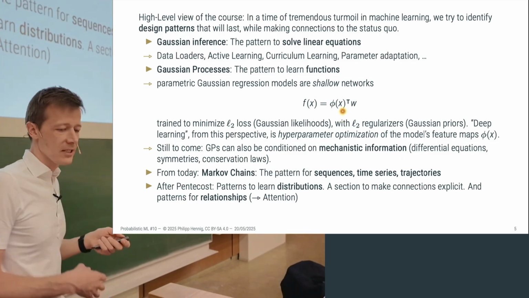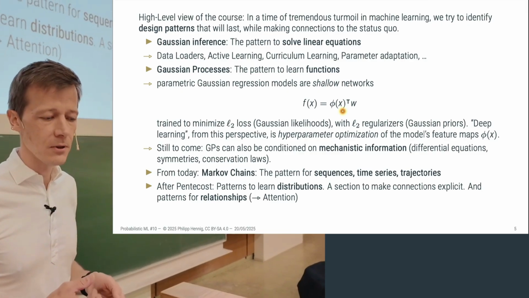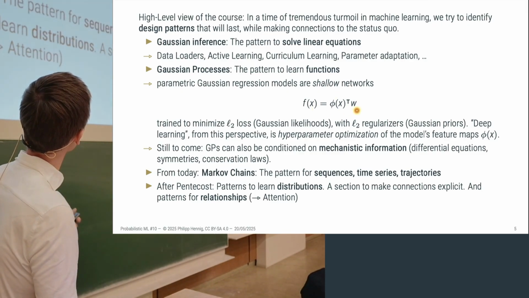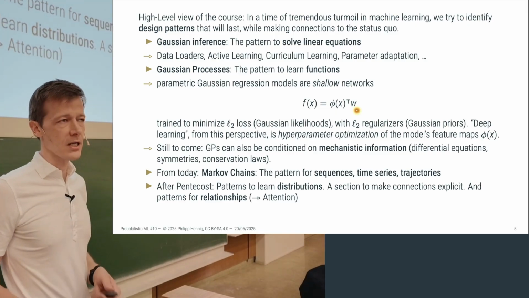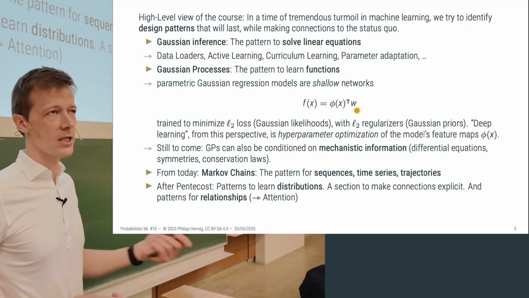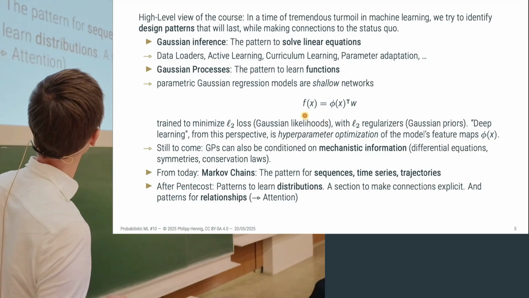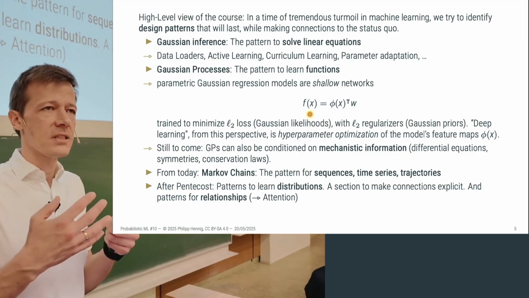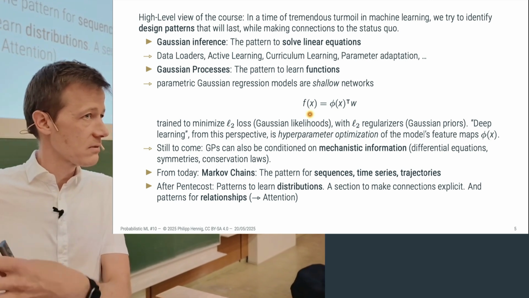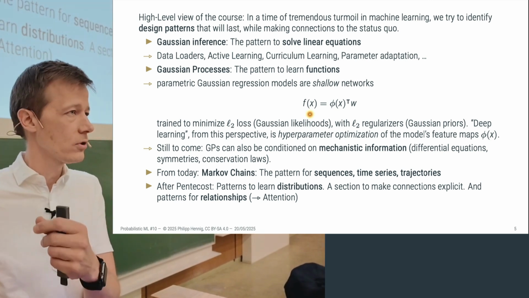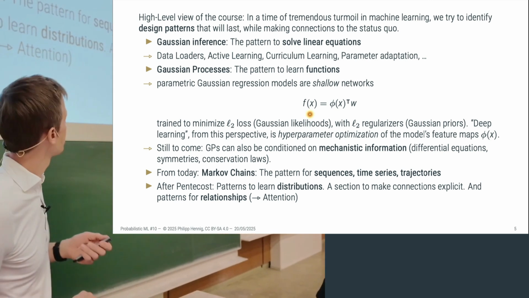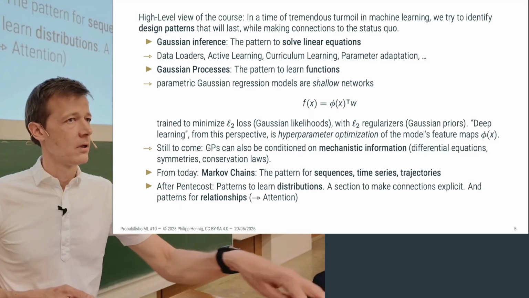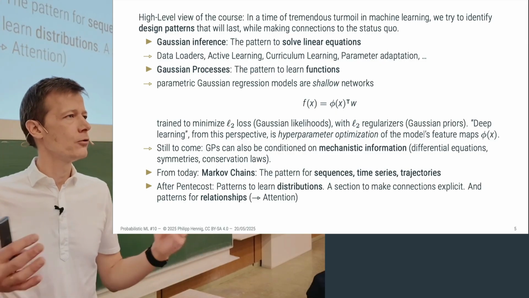And I there already made a connection now several times to deep learning. We discovered that learning such a model, which means doing inference on W, using a Gaussian prior on W and assuming a Gaussian likelihood on the observations that are values of the function corrupted by Gaussian noise, amounts to, so first of all, that's a closed form operation. We know how to do it efficiently. It's a simple call to a method of our Gaussian class. And we've discovered that it amounts to finding the best fit for what you might call a shallow neural network.